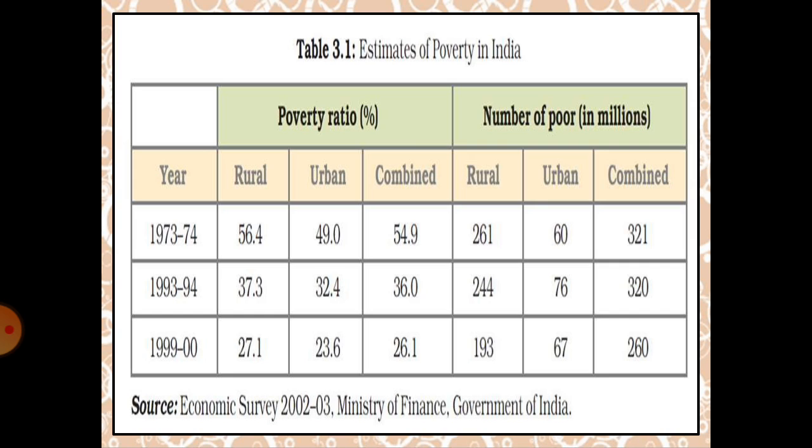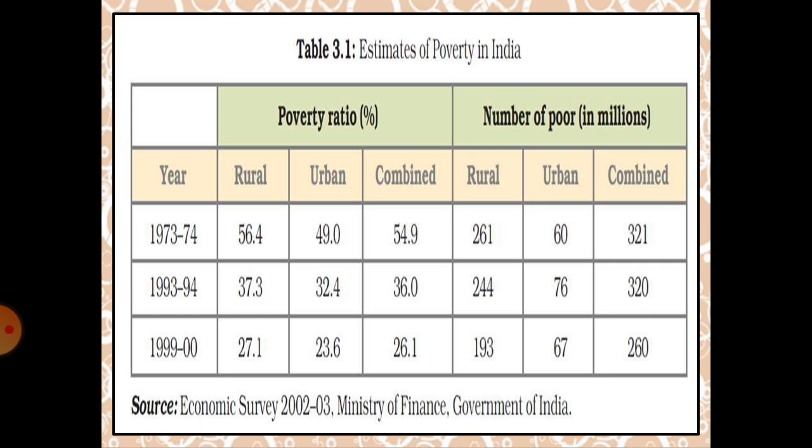In the urban area, he should have earned 1000 rupees based on the 2011-12 census, but now it has been totally changed. After that, you can find a family with more than 5 members. Based on the 2011-12 census, they have said that if a family is earning less than rupees 4080 in a month, they will be included in the poverty line. If they are earning more than that, they will not be included in the poverty line. Similarly, in urban areas, if they are earning more than 5000 per month, then they will not be included in the poverty line. They will be above the poverty line.